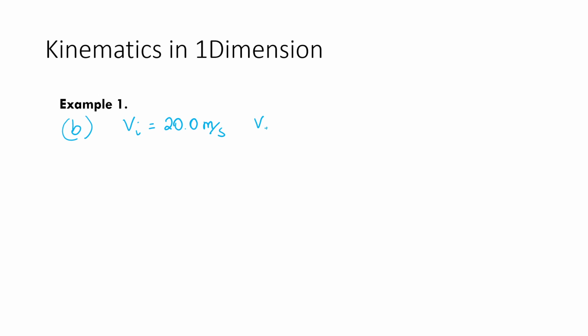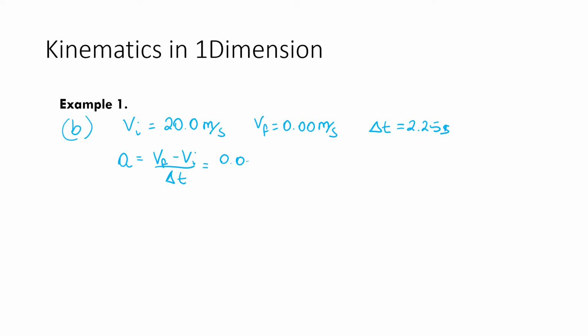And because it comes to a stop, the final velocity is now 0 meters per second. And delta T is 2.25 seconds. So we find the acceleration by using the same formula, of course, but now V initial and V final have changed,